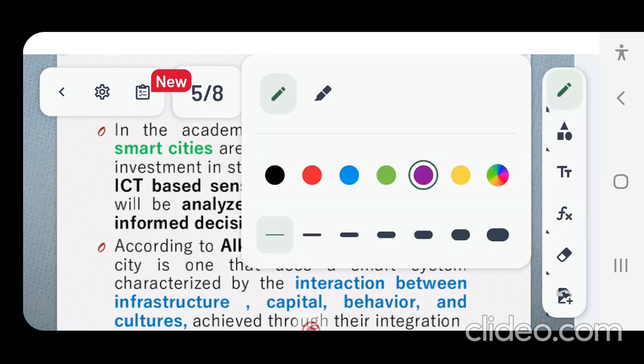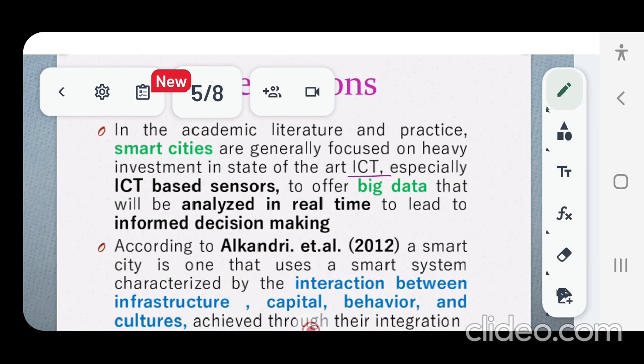ICT is nothing but information and communication technologies, and it will be using sensors plus the usage of big data. Combining these ICT-based sensors and big data, a smart city will be able to make very good decisions by analyzing the data that is available in real time.